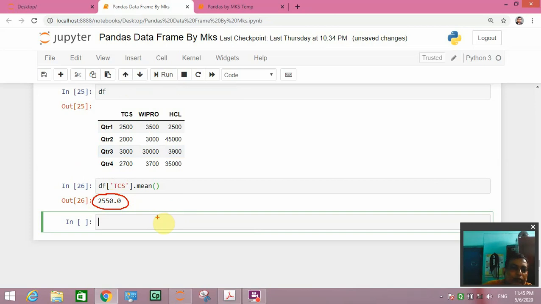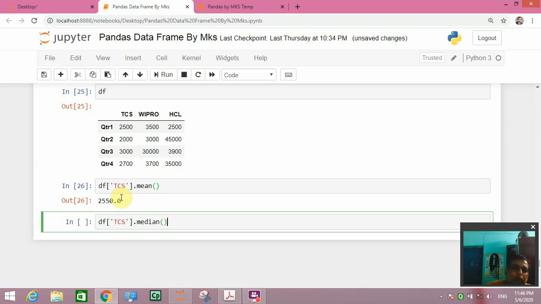Similarly we will go fast. Median we can take the same way, df dot median, or TCS dot median.